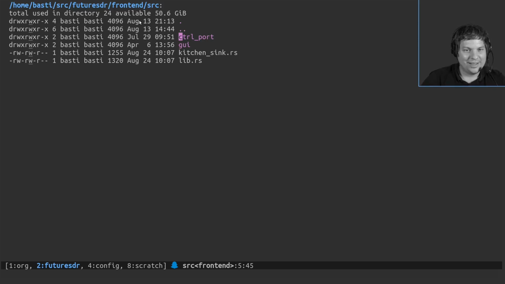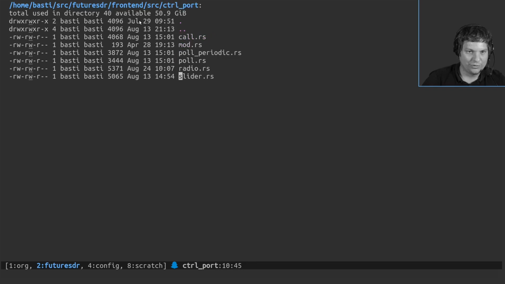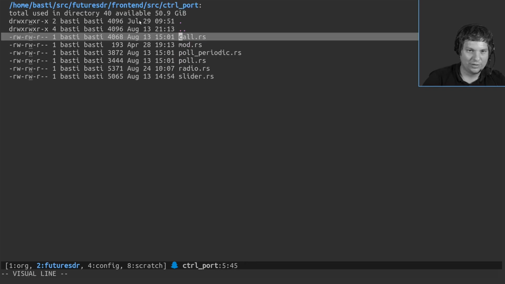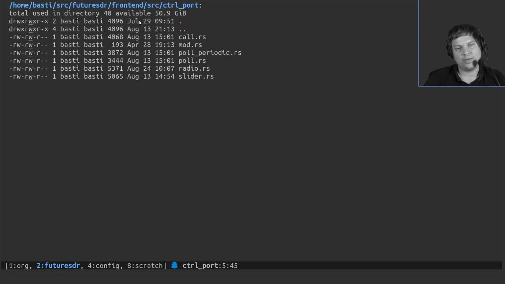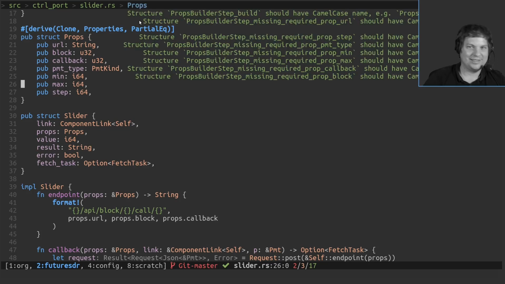Much fun. For example, we have this folder with control port. Here we have components like calling a message handler, polling it periodically, having radio buttons where you can choose one of the options and then send the corresponding message, or you can use sliders, which we mainly use in the following. And for example, this, I don't want to go into the detail how this is working here.